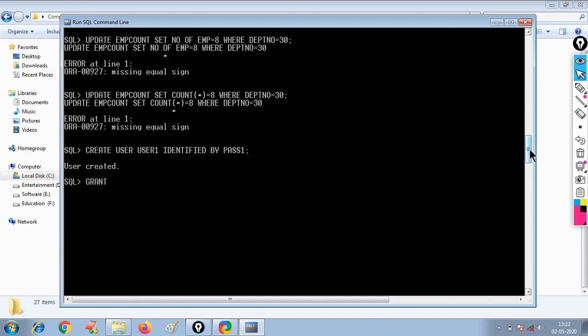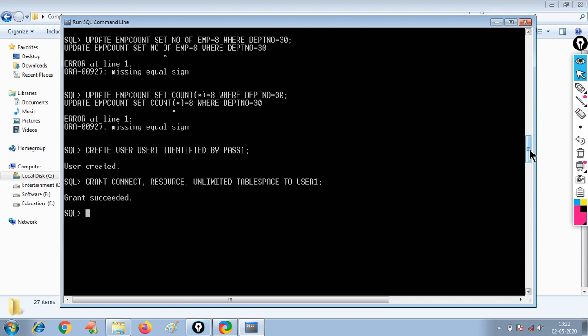So grant connect, resource, unlimited table space to user 1. Now you have granted some privileges like connect, resource, unlimited table space. These are the privileges which are granted to user 1.